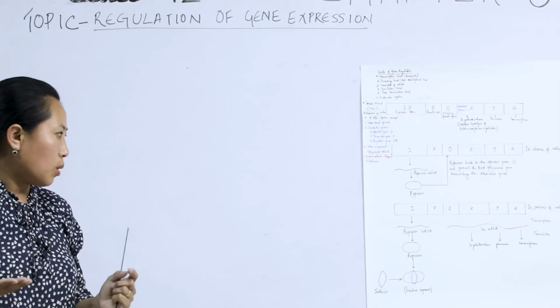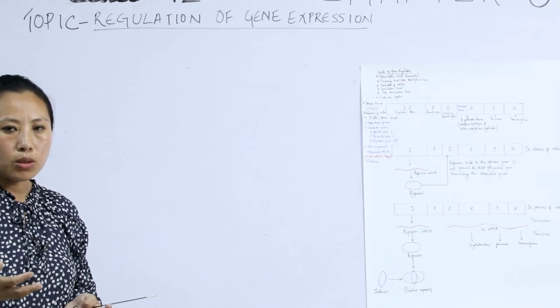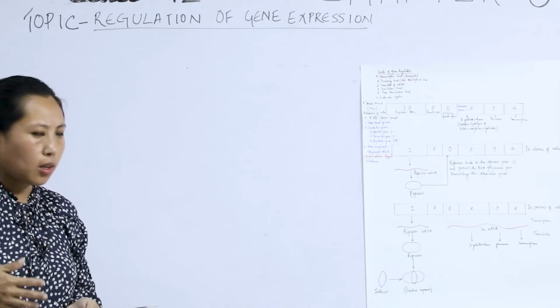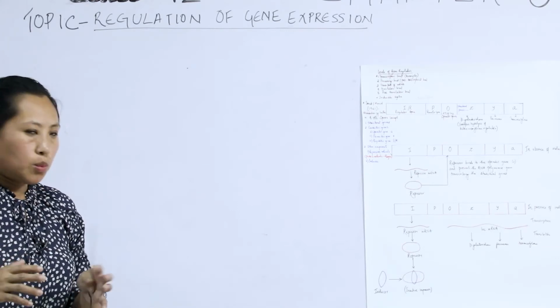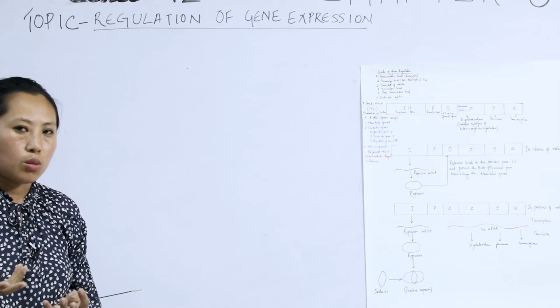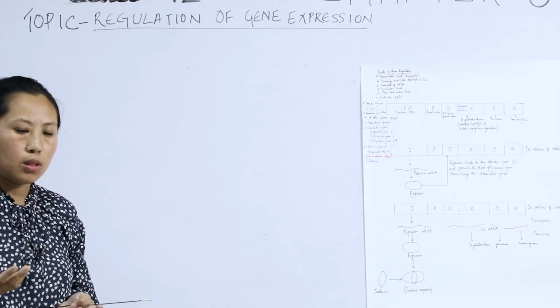And in case of prokaryotes, the DNA is present in the nucleoid region, while in case of eukaryotes, it's present in the nucleus because it has been bound by a nuclear membrane, giving rise to a true nucleus. Then next, we have discussed protein synthesis,